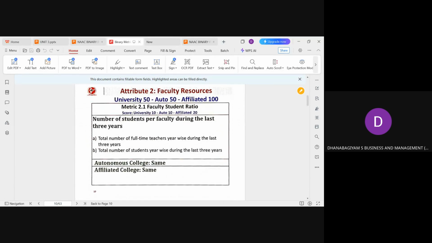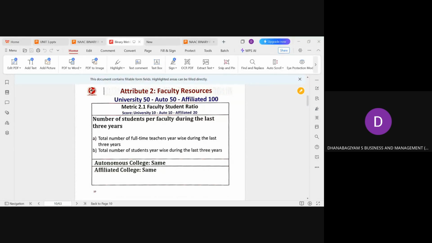Next, let us move on with attribute 2. So here in attribute 2, we talk about the faculty-student ratio. Basically, when you talk about the faculty-student ratio at university level, the number of students, for example, the ratio should be 20:1. Most of the institutions run the courses with 5 faculties, or sometimes with a shortage of faculties. No, it need not be like that. We are supposed to have a sufficient number of faculties according to our intake of students. So always we are supposed to maintain 20:1.